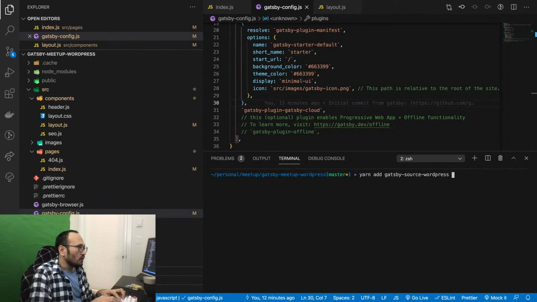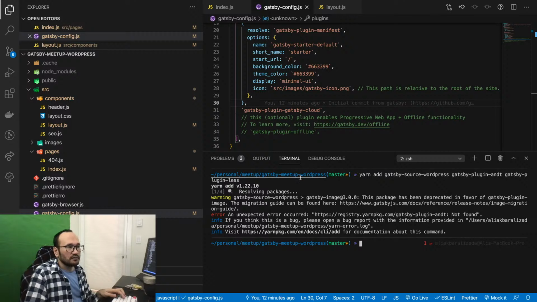And also we have gatsby-plugin-antd, and also one to run Gatsby. Because Ant Design requires some Less files, we need to install a loader for that: gatsby-plugin-less.